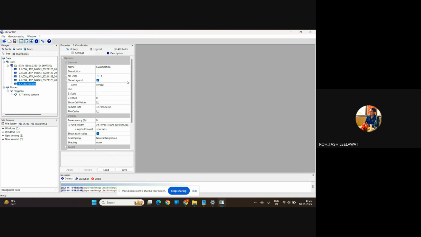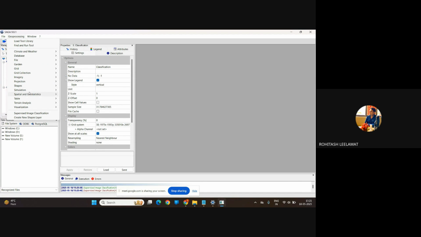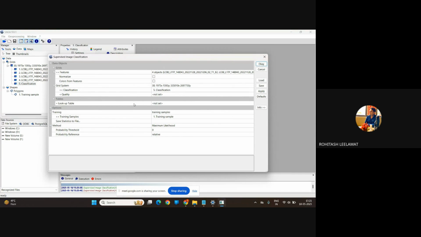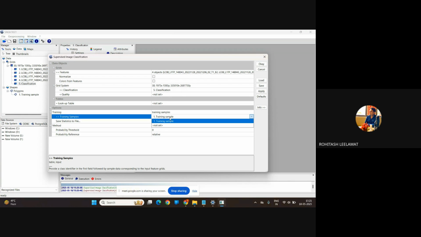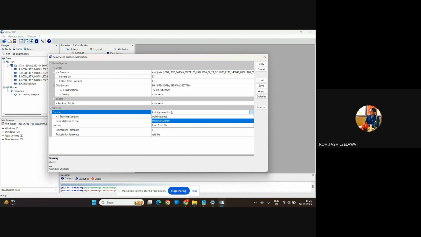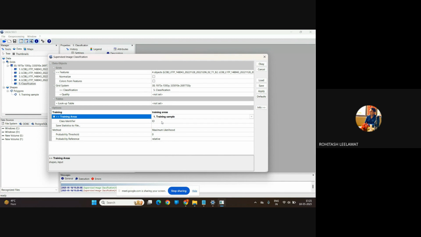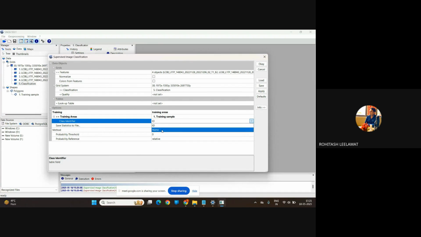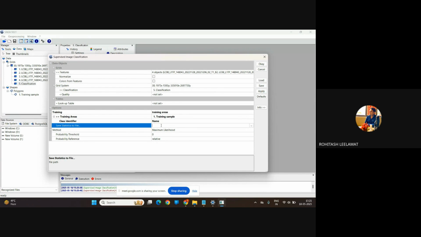Result is not generated. There was an error. So follow this. Repeat the steps. Go to the geoprocessing. You can directly select from there. Okay. So in the training samples, you have to select training areas in the training. On the above training areas, now you have to select the training. Okay. In the IDs, you have to select name. Okay. Now run the